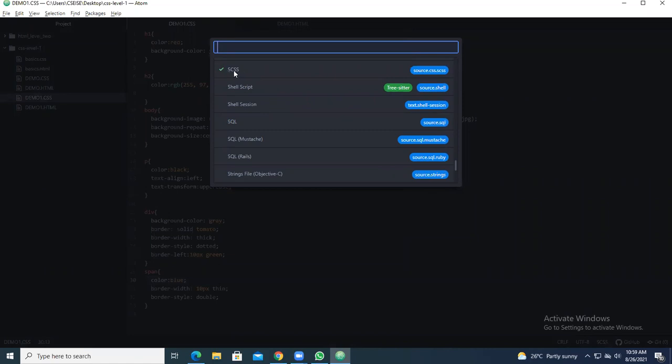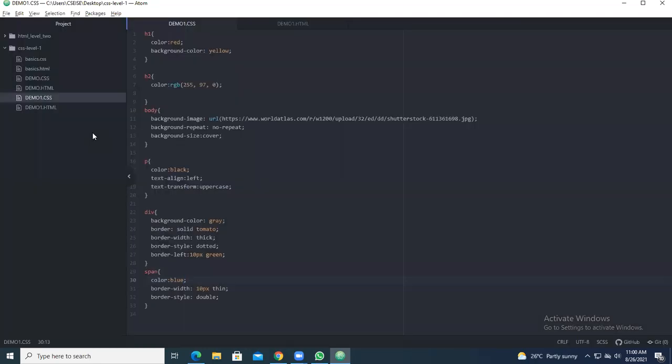That means special CSS file, so it will give all the parameters and all the values also. So hereafter, for CSS, you use the word SCSS. This is the thing you should take. So this is the demo of that particular class.